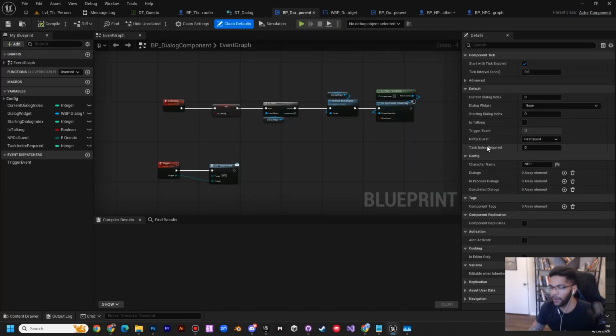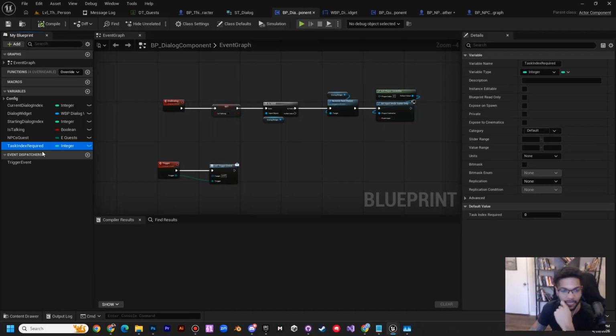So right now we have task index required. You would make a new variable over here, like task index required to fully complete the quest or something. Just something that can register that all of the tasks are done. Because this one is just checking that task 0 is done. We need to check that task 1 is done. And then when task 1 is done, then you play the